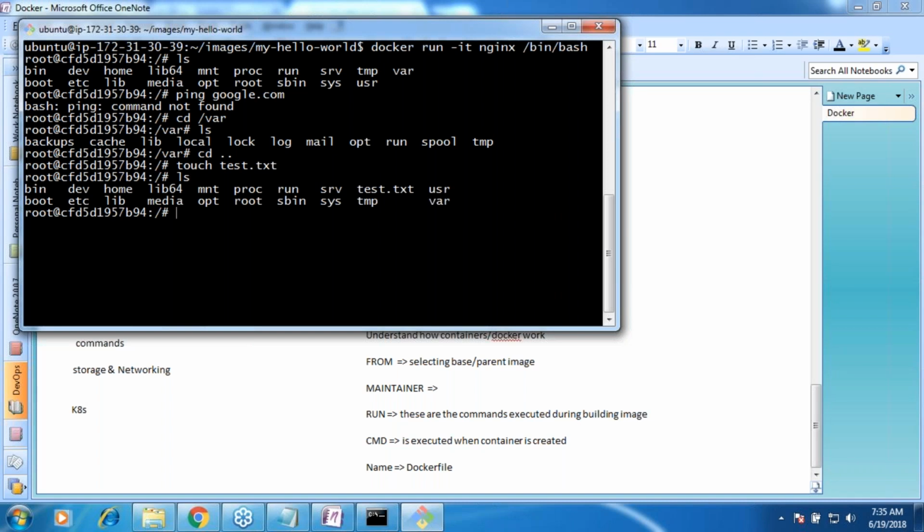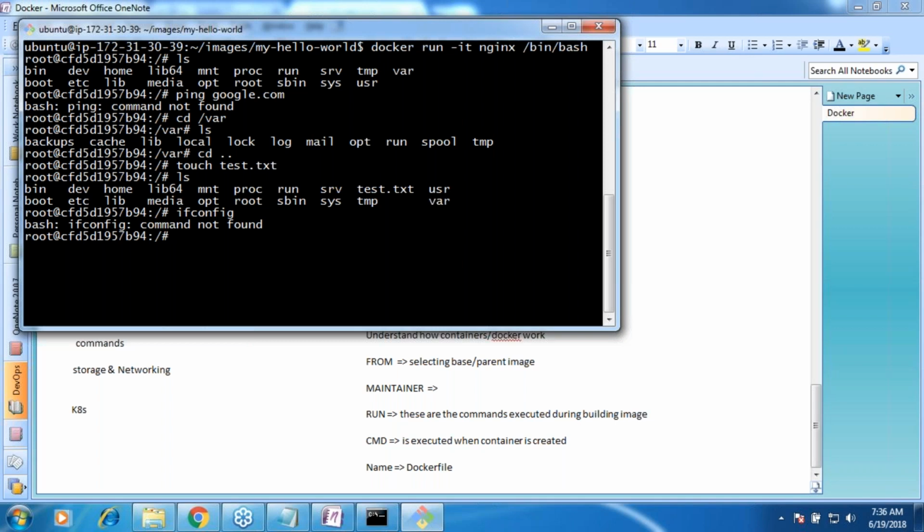Whenever you are executing any run statement, please be very clear. Get inside the container and see, because a very basic command like ping is also not available. In many containers, even this will not be available. Okay, it will have only very core commands.